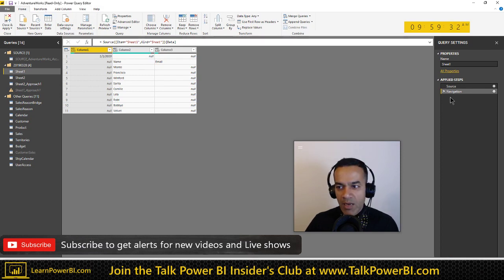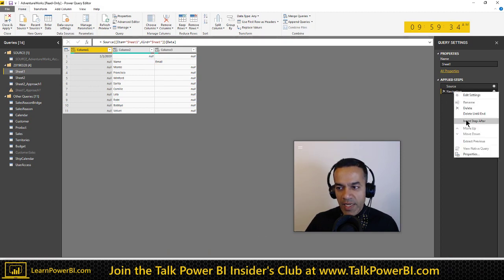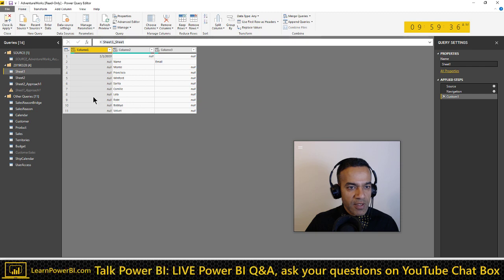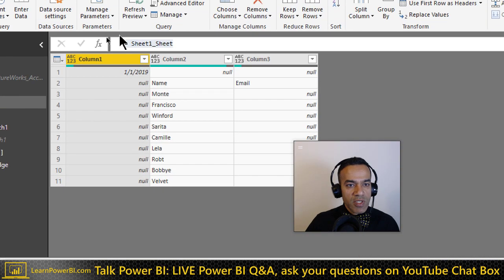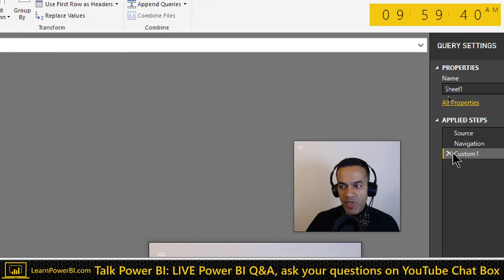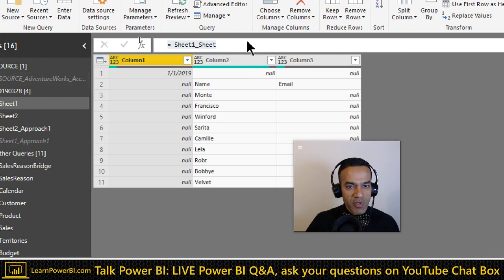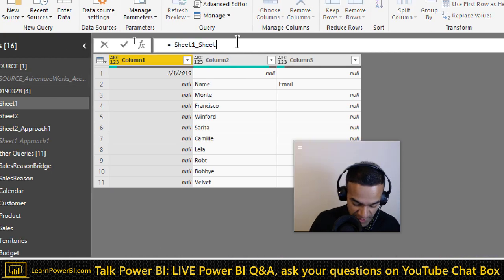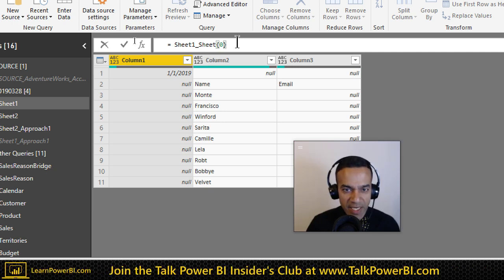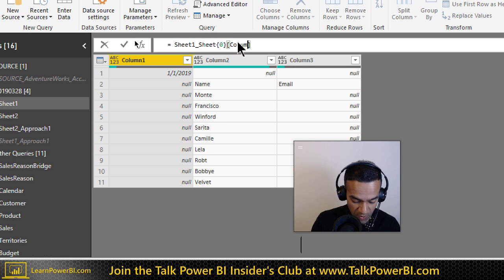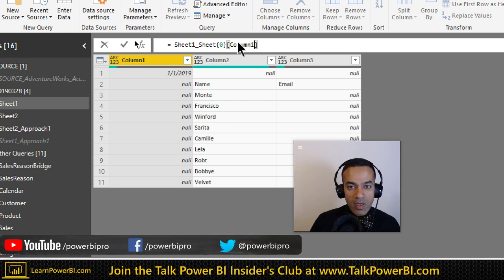For that, I'm going to say insert step after, and it's referring to the previous step right now. So from that previous step, I want the first row. It's a 0-based index, so 0 is the first row. And in there, I want the value of column 1. Let's see if I got it right.